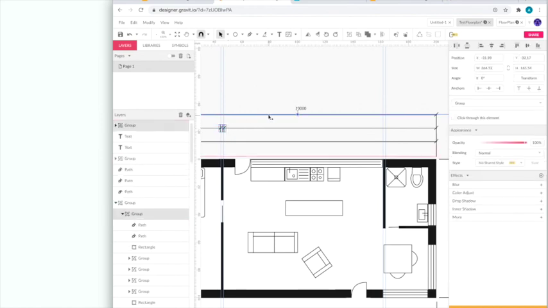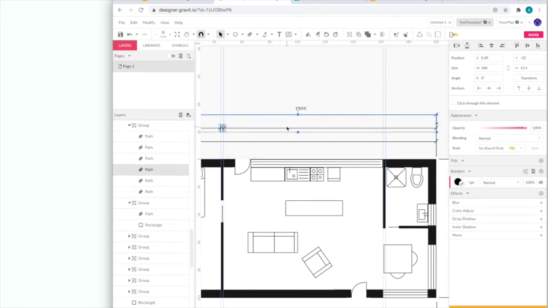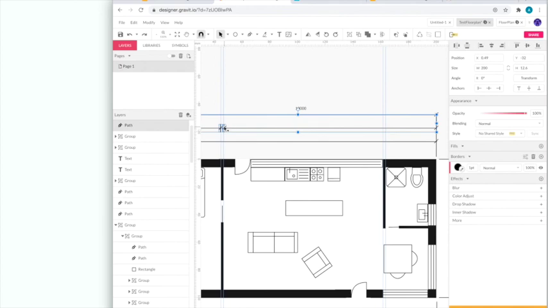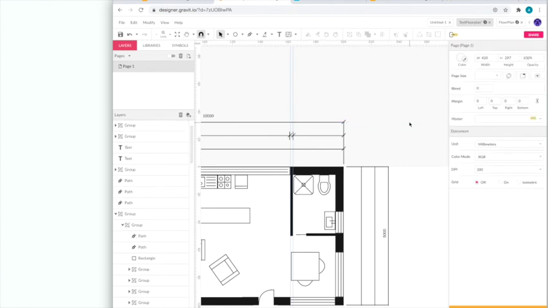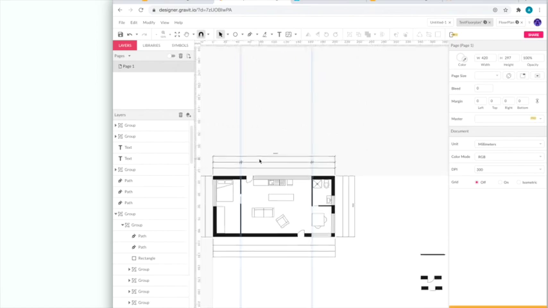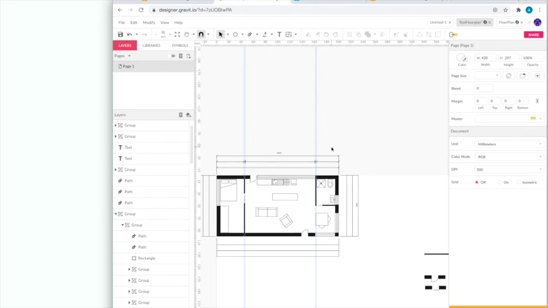For some reason that's selecting something else. So there we go. If I zoom out, you can see I've put in my two markers for my interior walls, and then for the front line, what I'm measuring is the width of my exterior walls and the width